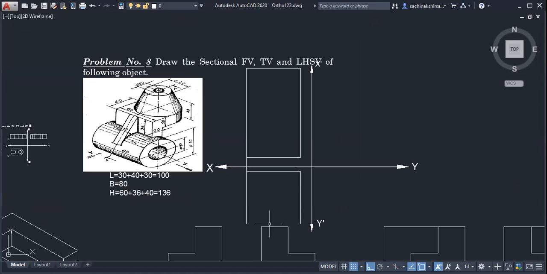It may be a little like this. Okay. It is up to this. Then what do we have to do?